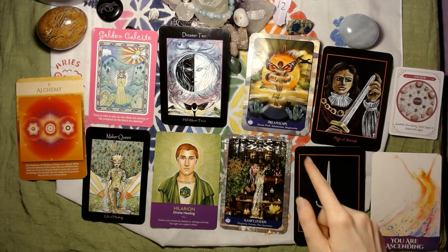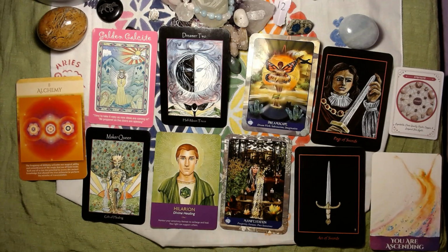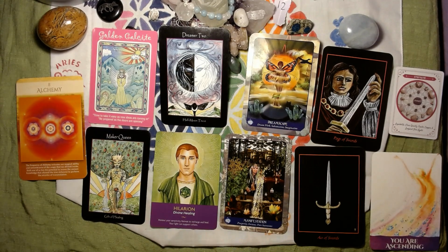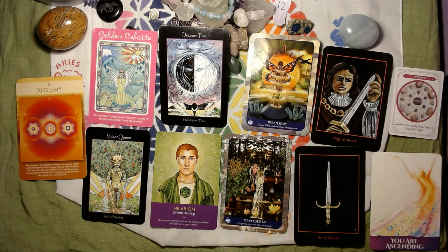So yeah, you have 2 1s, and 1 is a number that has to do with new beginnings, that has to do with the Magician, using your resources, that spark of willpower, that I am present. So having 1 and 2, being kind of like in a new beginning stage of something. So you have that will, you have that spark, you have these new beginnings coming in, but you also have that area of needing to balance, and you have the other people too. You have that having to relate to other people in your life, and it's not just you anymore at this point. Like 2 1s and 2 2s,